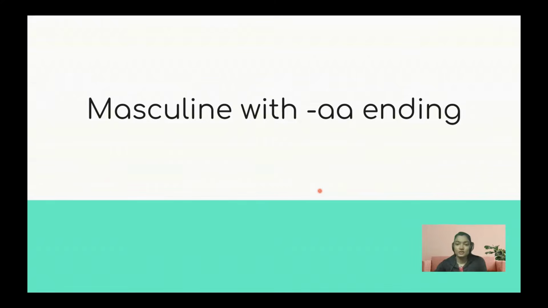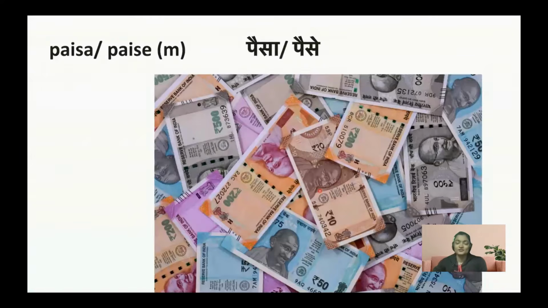And according to the rule, they end with a. The first one is the Indian currency. Well, the Indian currency is rupee, rupees in Hindi, but we use the word paise. It was more prevalent in olden times, and it's been used since then, even till now. So the singular form is paisa, and the plural form is paise. And most often we use the plural form, paise, for money.